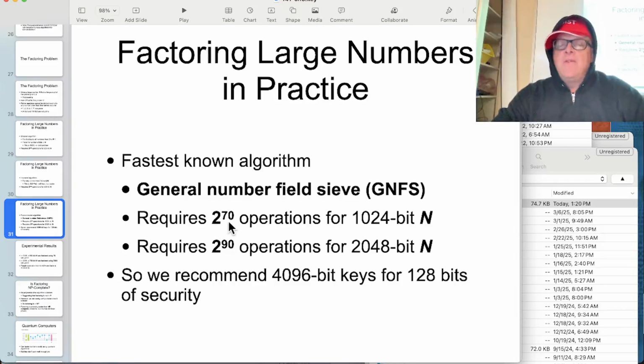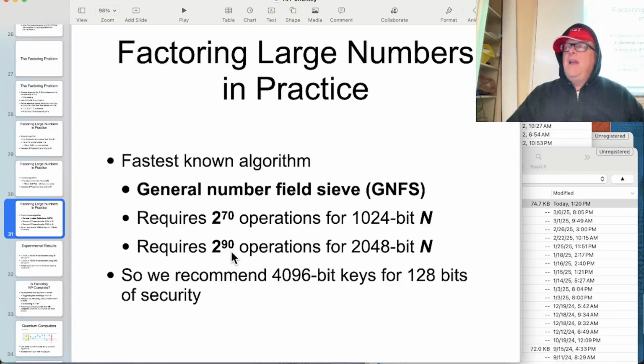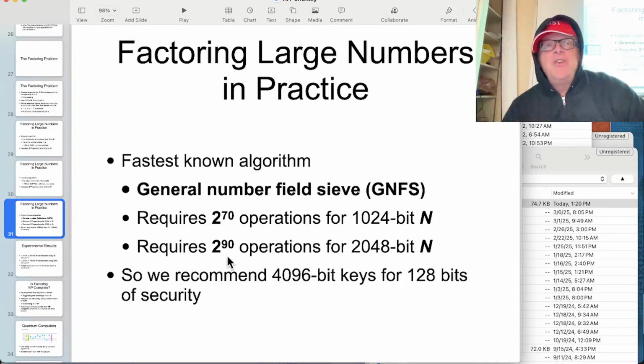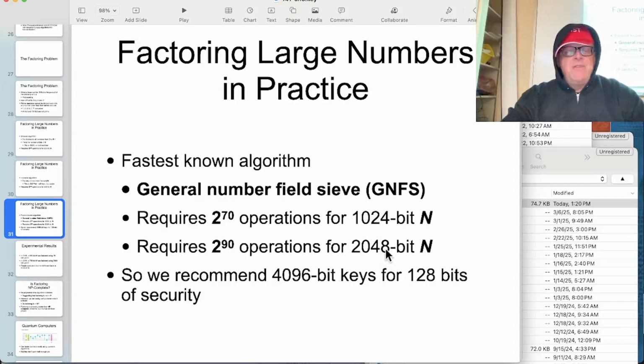And this is why our keys have gotten bigger. The 2048-bit keys that we were using for a while require 2 to the 90 operations. And as you know, 2 to the 90 is not really as much as you want, because I think we tried a couple lectures ago, I took the Bitcoin network, the best measure of computing in the world, and I think they were doing something like 2 to the 82 calculations per year on the whole Bitcoin blockchain. So 2 to the 90 is not completely unbelievable that somebody could do that many operations. So now they recommend 3072 or 4096 bits. 4096-bit keys would give you 128 bits of security. It would take something like 2 to the 128 operations to crack it, and that's pretty good.